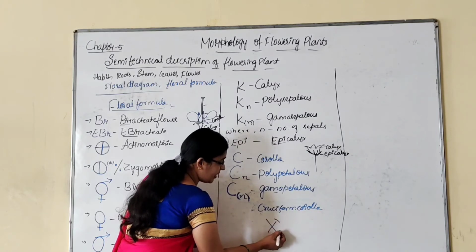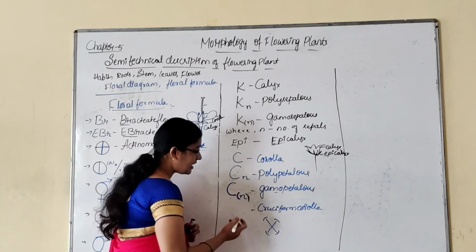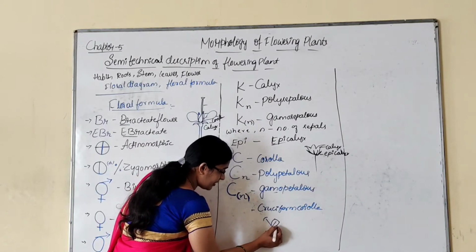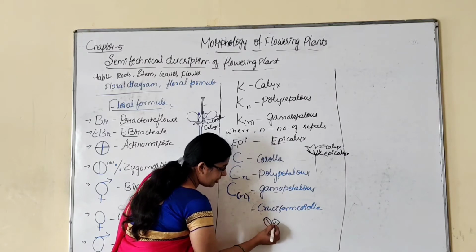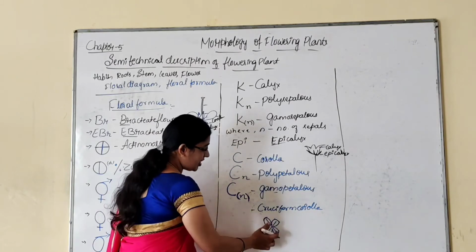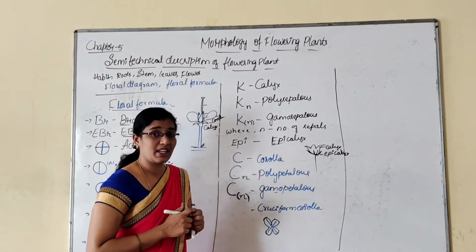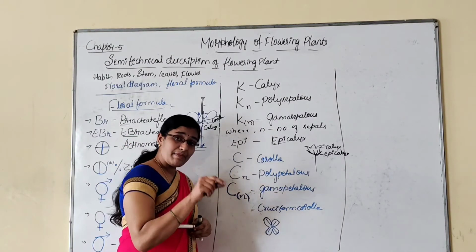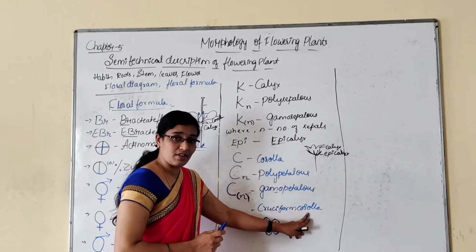Here one petal, here one more petal, here one more petal, here one more petal will be present. So somewhat it looks like a cross. If the petals are arranged like a cross, that type of corolla is called cruciform corolla, and